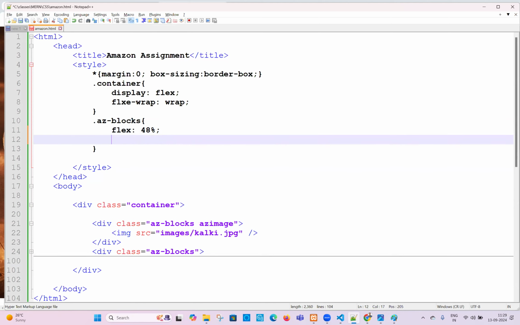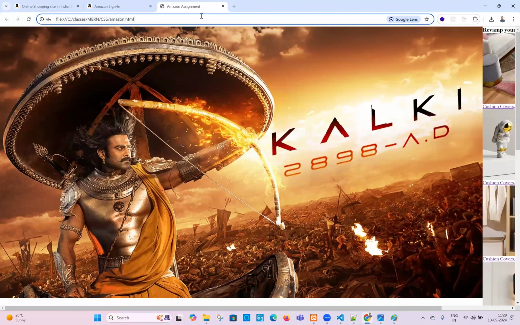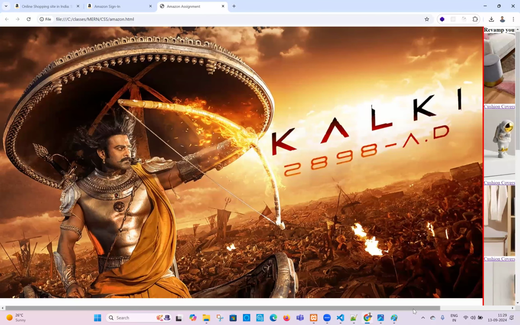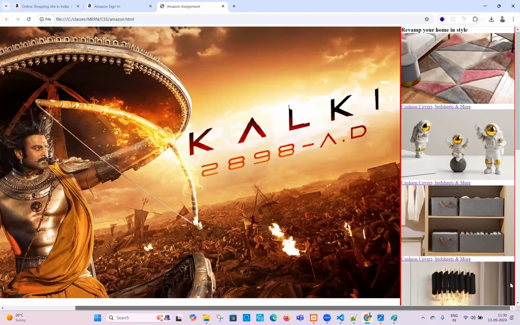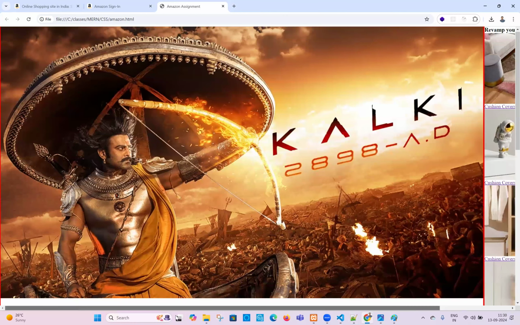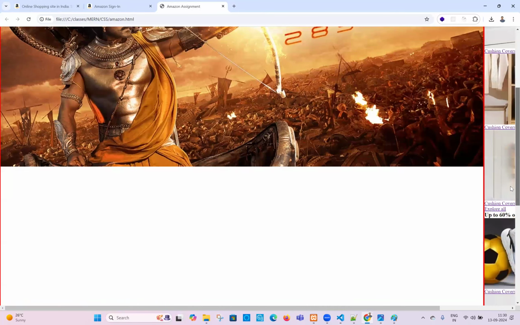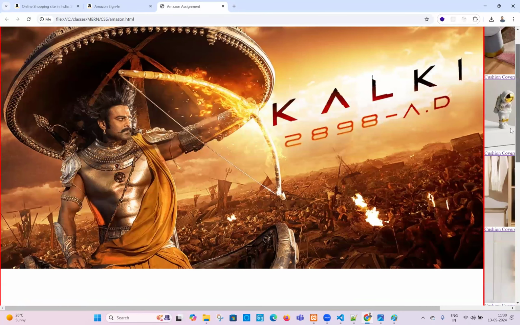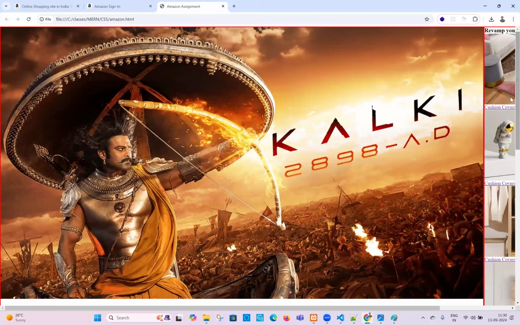One minute. Make this a border. Let me verify. Border. I'm writing 2 pixel solid, some red border. You can take it and refresh it. Is the border applying? Left side applying, right side also applying. But if you observe, on the right side, because of the image, the image is not allowing